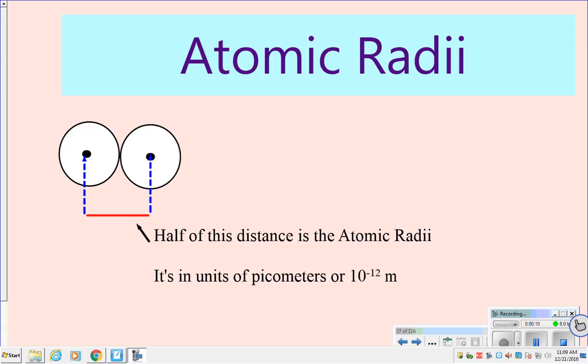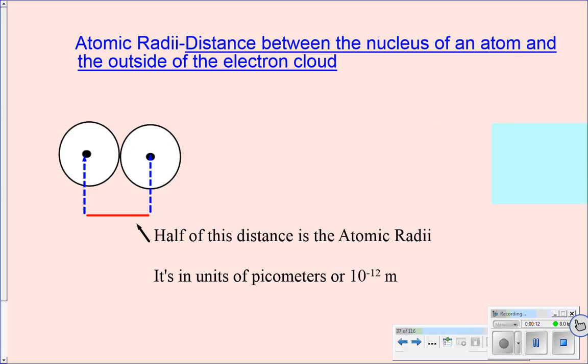The atomic radius of an atom is defined as the radius of an atom, which is a difficult thing to measure since the electron cloud can be a little bit fuzzy on the edges. So this is the distance between the nucleus of an atom and the outside of the electron cloud. It's really the same definition you're used to hearing about in